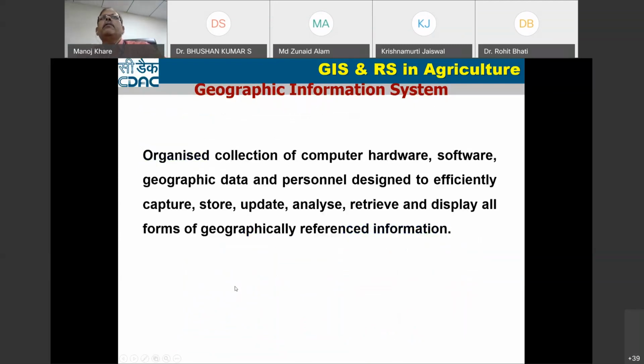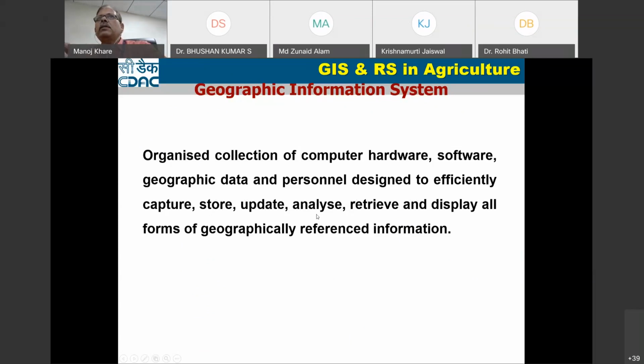The bookish definition says: an organized collection of computer hardware, software, geographic data, and personnel. Personnel is very important. Designed to efficiently capture data, store it, update it, and analyze it.